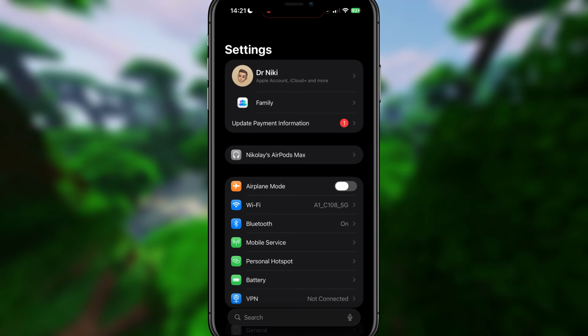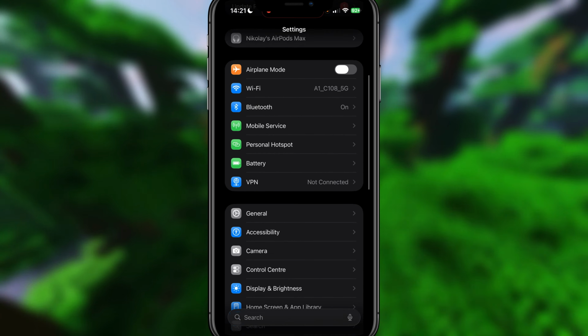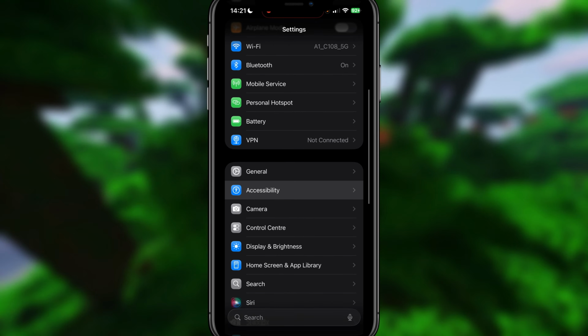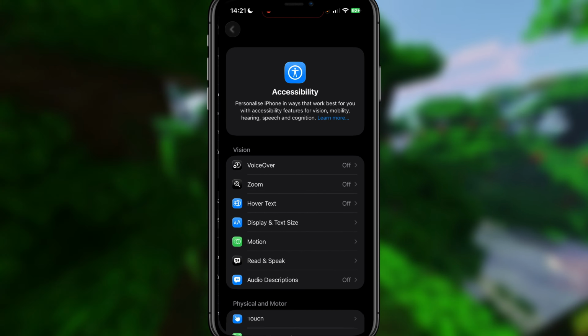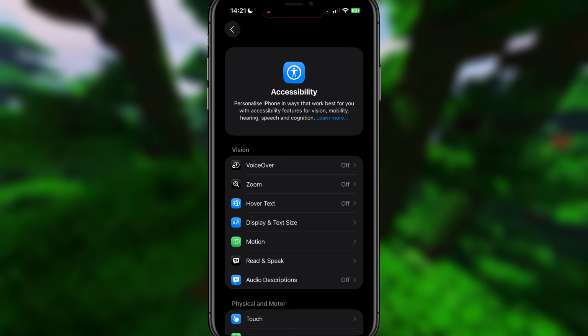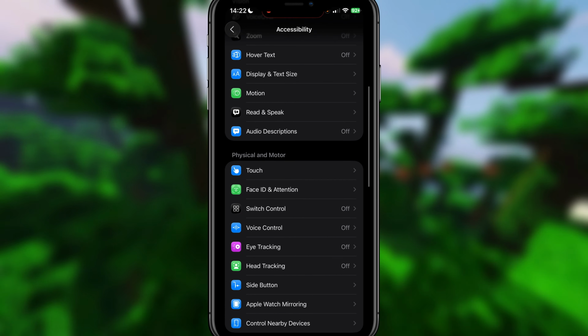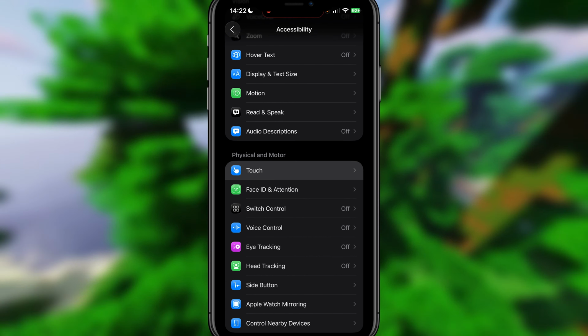So you want to click on settings on your iPhone. It's the same thing for an iPad, by the way. You want to go down to the option of accessibility, which is right below general. You want to click on it, and there you want to go down and select this option called touch under